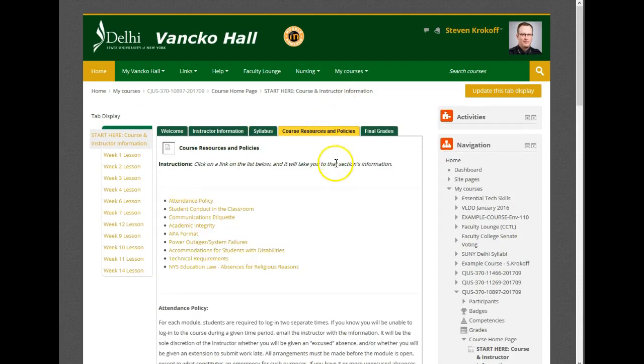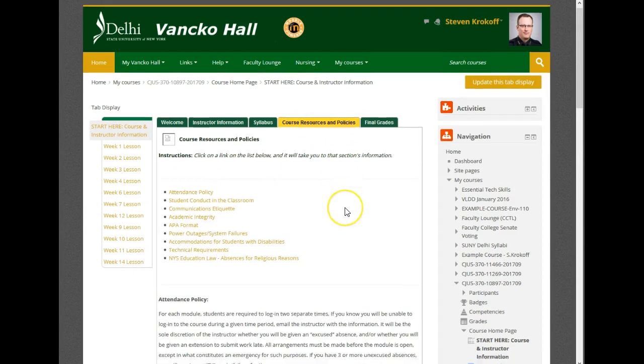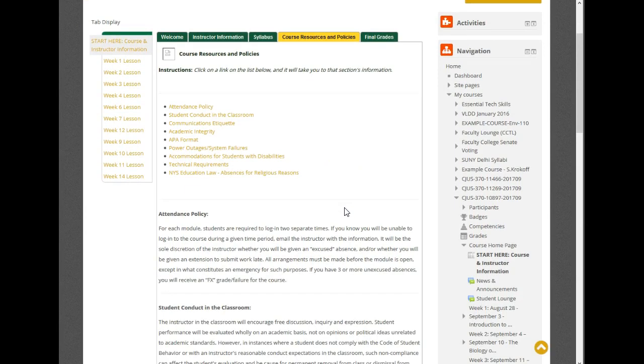Then the course resources and policies. This is all the general boilerplate stuff that comes through from Delhi. I mean, read the whole thing, but one thing I do want to draw your attention to is the attendance policy. This is an online course, and you need to make sure you stay involved. Any more than 3 unexcused absences, which means you didn't get involved in the discussion for 3 weeks throughout the course, starts to negatively impact your grade to the point where it probably wouldn't be worth it for you to continue on with the class. But if we hit that with anybody, we'll talk about it more.